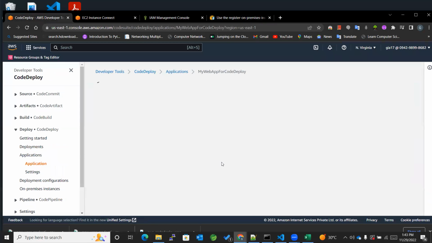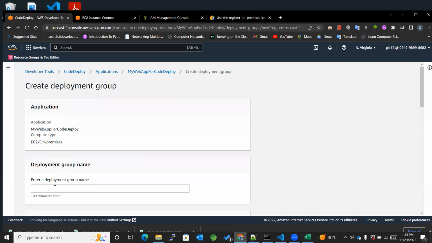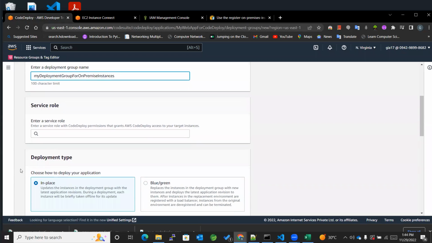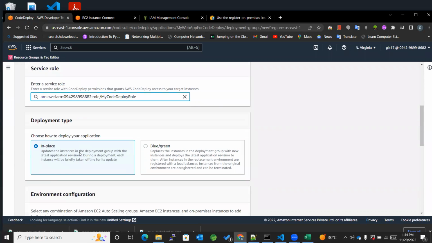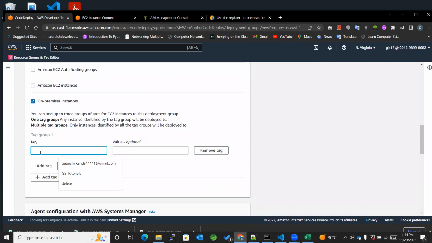Within the applications, we'll create a deployment group, which will be for my on-premise instances. Okay, we have got a service role, and for this, we'll be selecting on-premise,